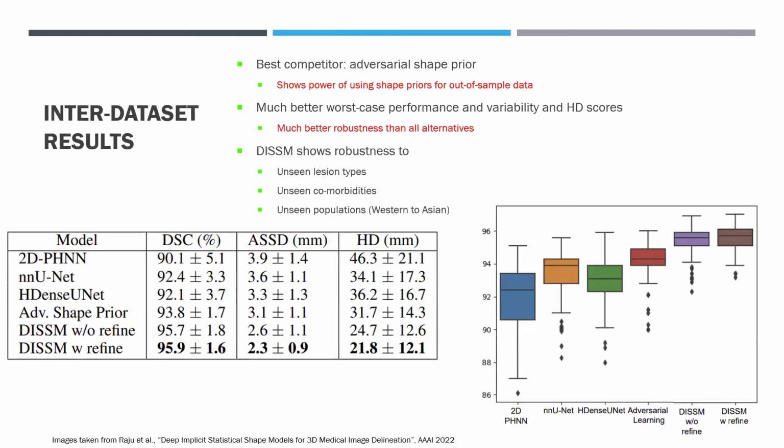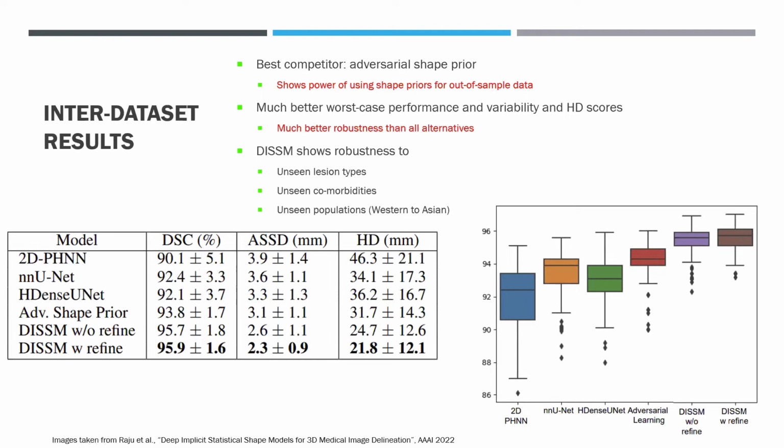But where I think our approach shines even more is in the inter-data set results. Interestingly, the best competitor is no longer nnU-Net, it's actually adversarial learning. So again, this goes to show you that incorporating an anatomical constraint is really important for robustness. But even though the adversarial anatomical constraint performed best of the competitors, our approach is still much more robust than anything else. Much better mean, median performance, much better worst case performance, much better best case performance,